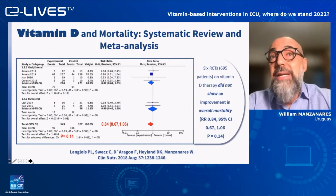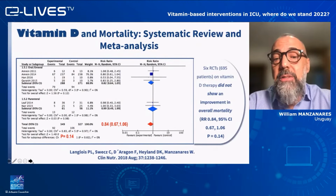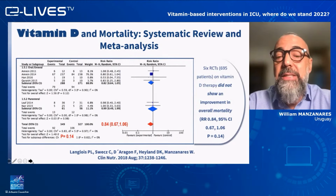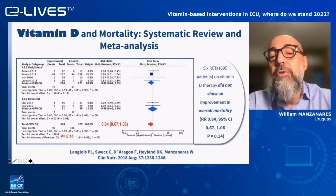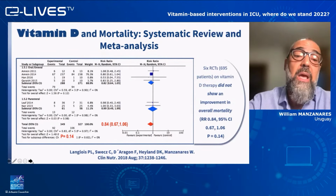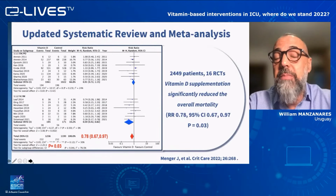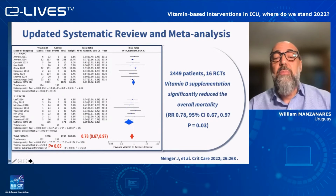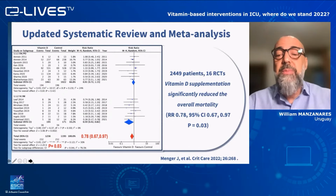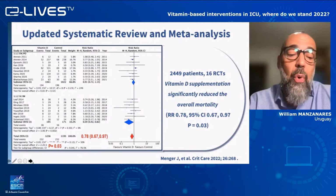4 years ago, we conducted a systematic review and meta-analysis on vitamin D supplementation in ICU patients. And after aggregating 6 trials that reported on mortality, we were unable to find any significant effect of vitamin D supplementation on overall mortality. However, the most updated systematic review and meta-analysis, recently published in Critical Care, found that after pooling 16 trials that reported mortality in the critically ill, vitamin D supplementation significantly reduced overall mortality